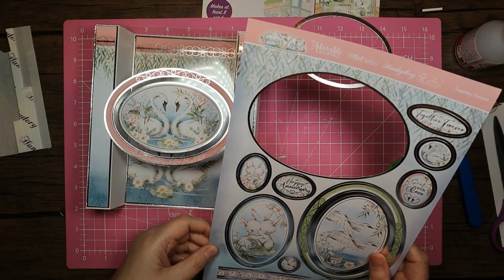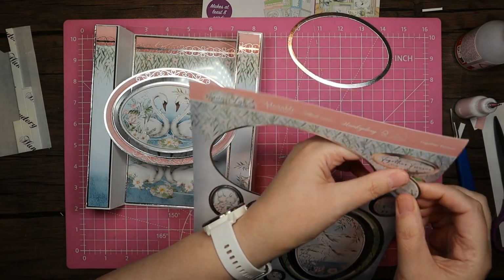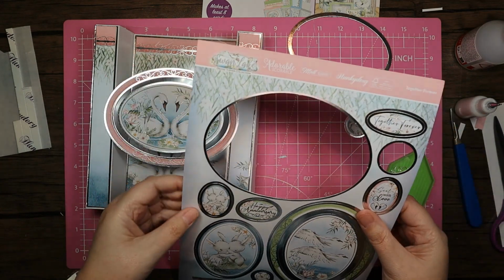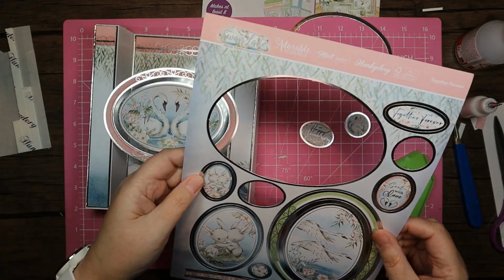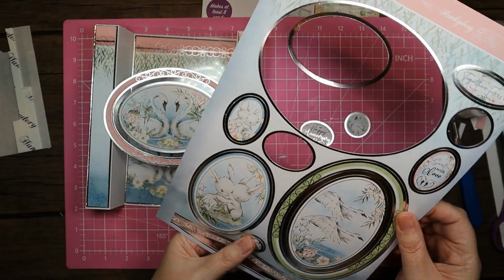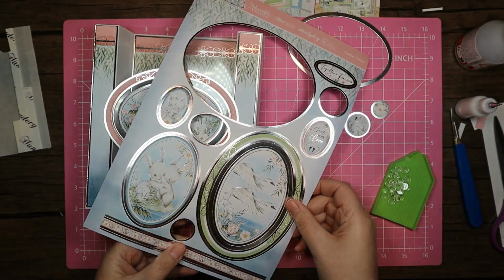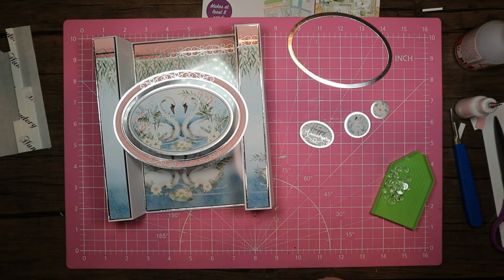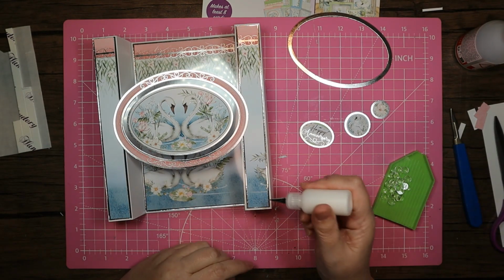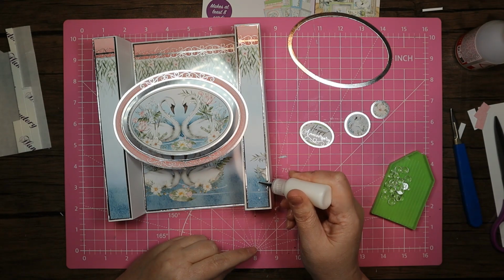Got a little swan there. I'm going to take her. I think I will go with the anniversary. And I'm going to steal this flower as well. Better not take too many bits, else Mum will not be happy. So I'm just going to go 1, 2, 3,